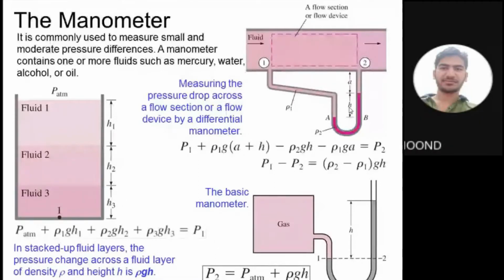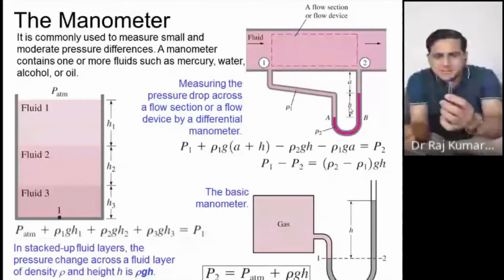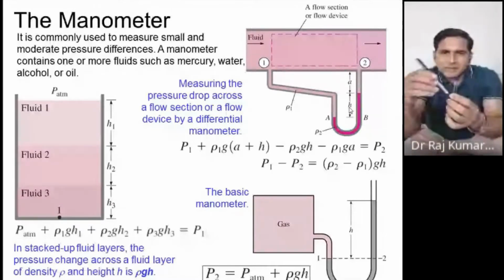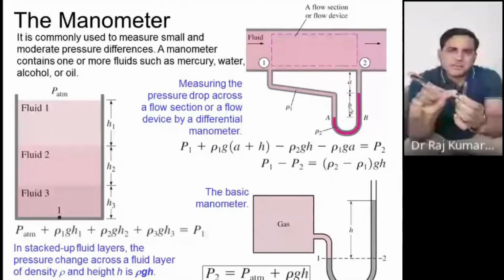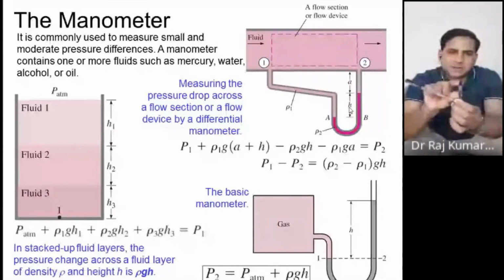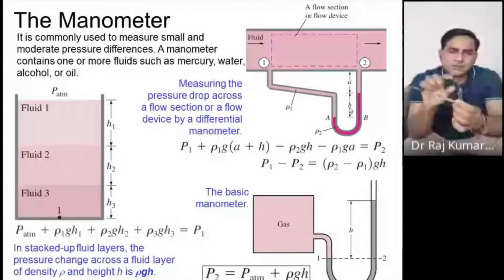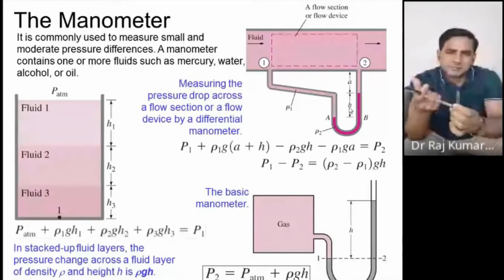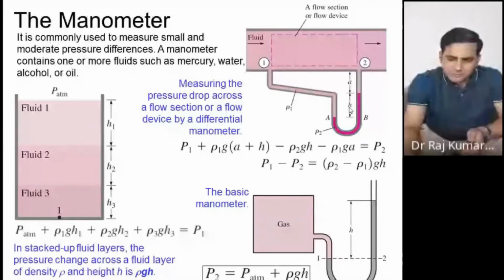Let's say the vertical height is this only, equal to this span, and if you want to have that much only, you are going this much height. So you can measure this much very precisely compared to this much change only. That's called the inclined tube manometer. Those are being used to increase the sensitivity. Sensitivity means how accurately we can measure the change in height. So this much has been changed by this, and now we can measure this very precisely. That's what is being done to increase the sensitivity of the manometer.